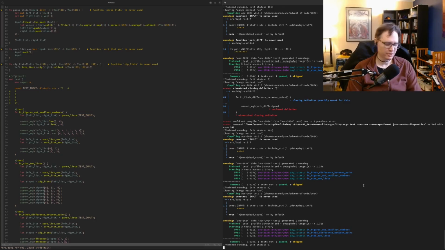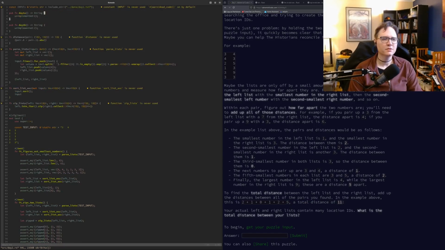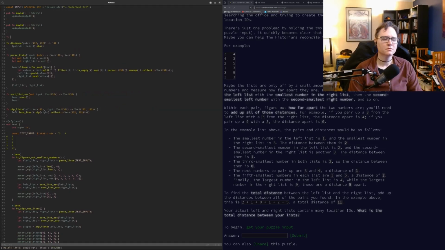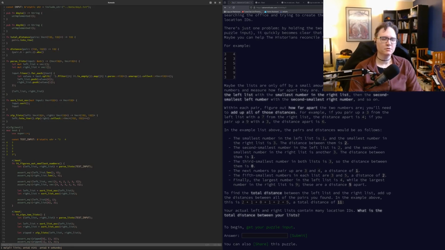And the test passes. So the solution that we need is the total difference between the two lists. We should get a total of 11. So pairs dot into_iter dot, I want to fold. No, first I want to map. No, folding is fine.